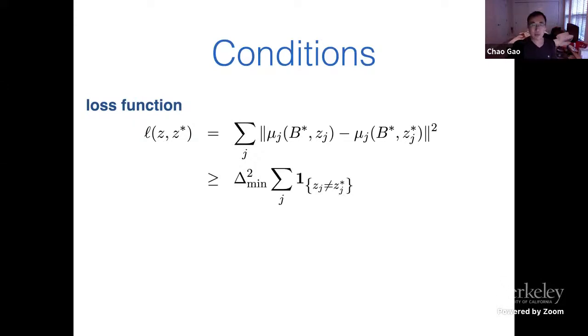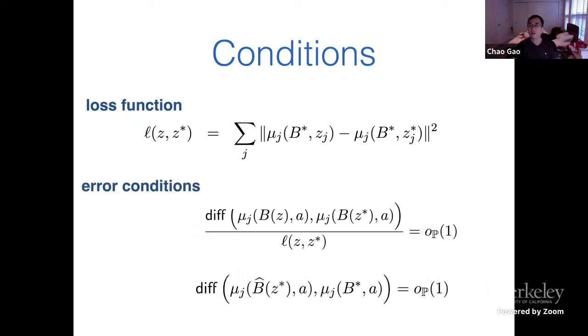Okay. And for those of you who are interested in Gaussian mixture model, if you want to do clustering, then for clustering, what is natural to measure the error is the Hamming loss, right? Then there is a trivial lower bound. You can lower bound the L2 loss by a Hamming loss multiplied by the signal difference. Okay, so as long as you can obtain a bound for the L2 loss, this naive inequality will also give you a bound for the clustering error. All right. So next, I have two empirical process type conditions that I impose using these abstract notations.